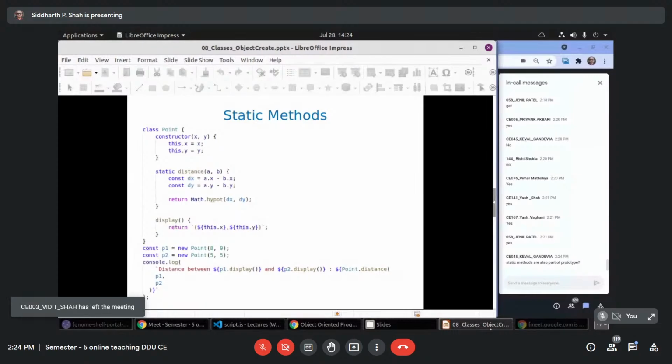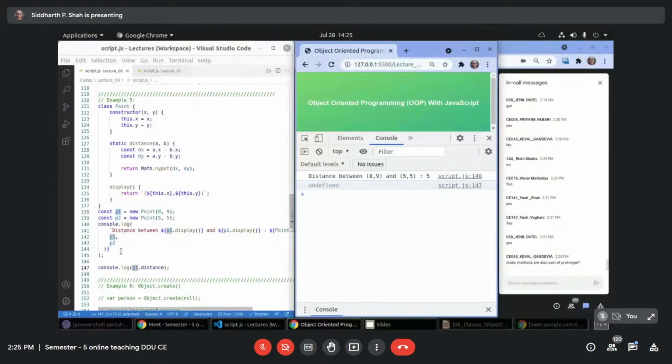Static methods are also part of prototype? Let me show it here.